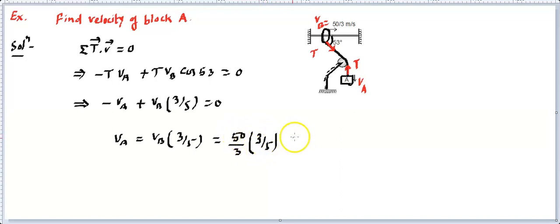5 getting cancelled, this getting cancelled, that's coming out to 10 meter per second. So again, the answer came out to be 10 meter per second. What answer is coming, that's not our interest. Our interest is the process we are following, and whether we are able to follow these steps properly. If we are able to follow these steps properly, the answer has to come correct. Okay, so that's another important example.